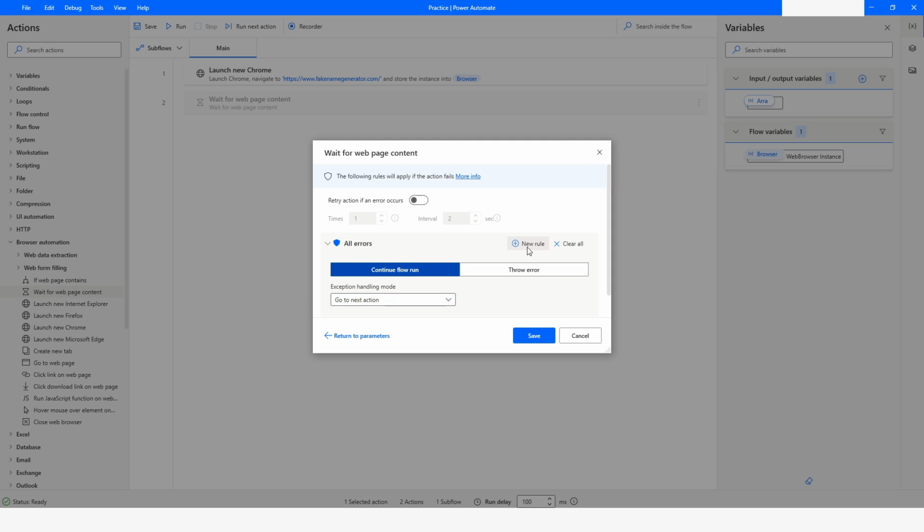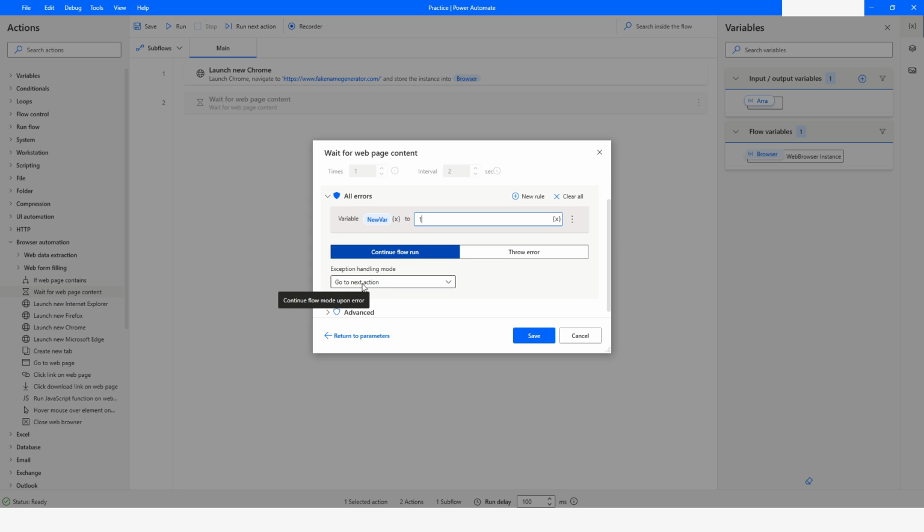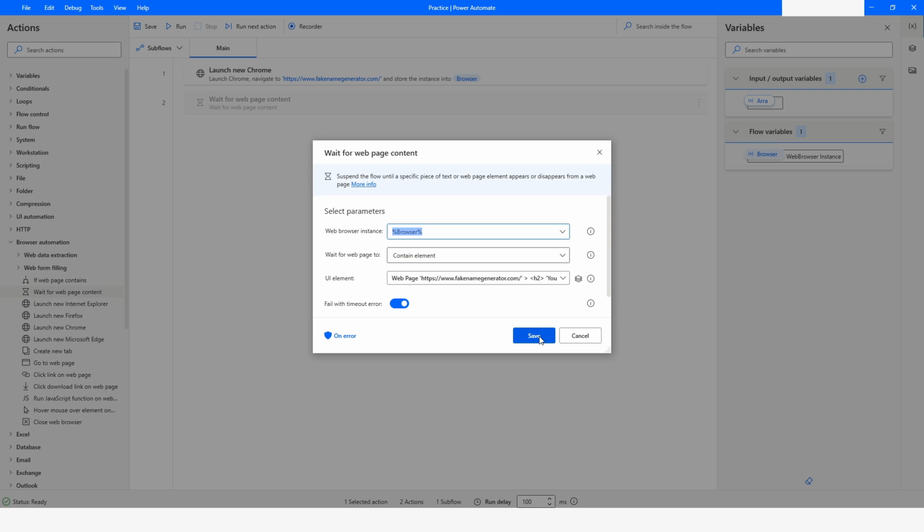But before that, you can set some variable. So let's say when that element does not appear on the web page, it will come to the on error property. Here it will set the value of nowhere as 1, and then it will go to the next action. In that case, what I want to do is I will go back to the return to parameters. I will click on save,